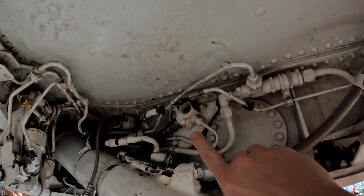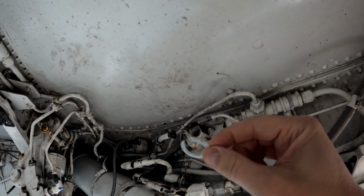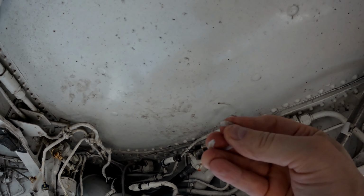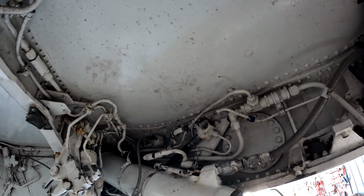All right. So up here where this T-fitting goes, we found a Teflon seal ring that had failed. Looks like it just ruptured. So get a new one of those underneath that T-fitting, take care of that. And then in the meantime,